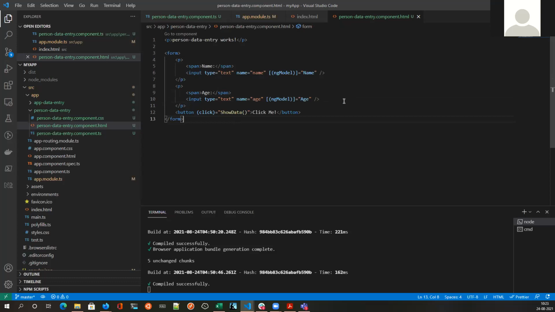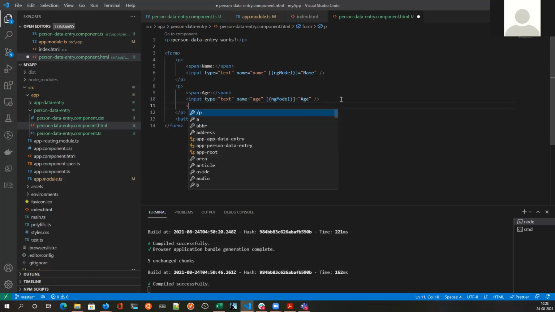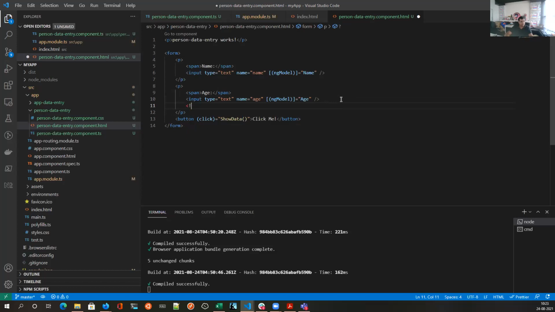It's the same way, I think. We use in CSS, less than, exclamation mark and dash.